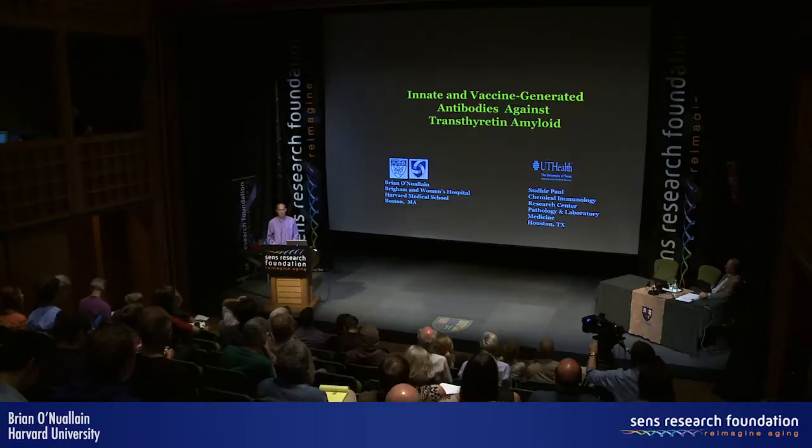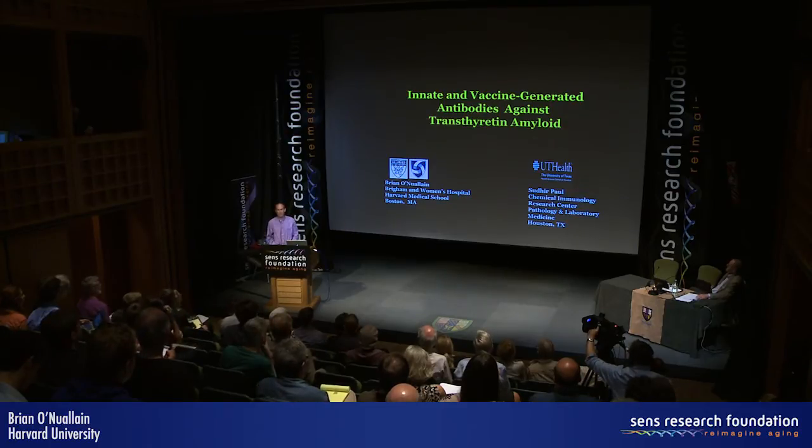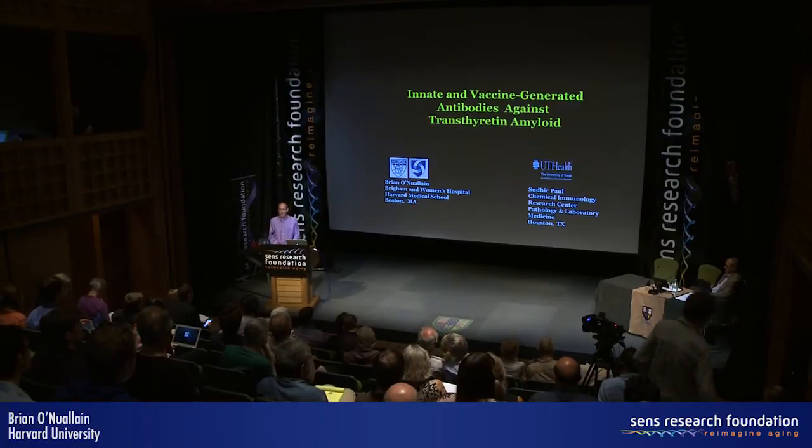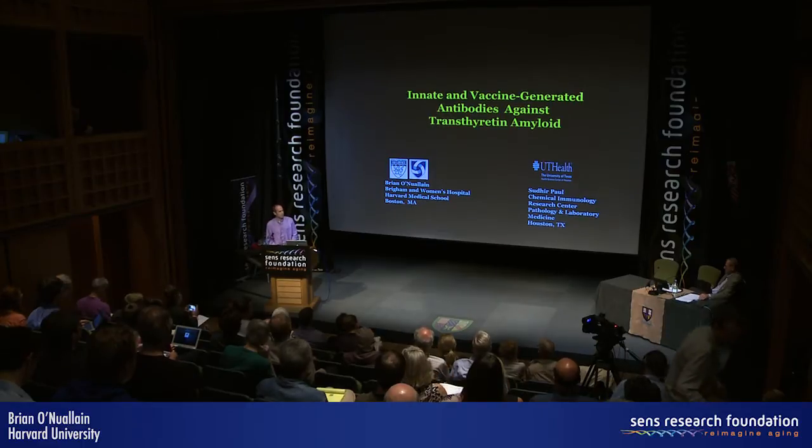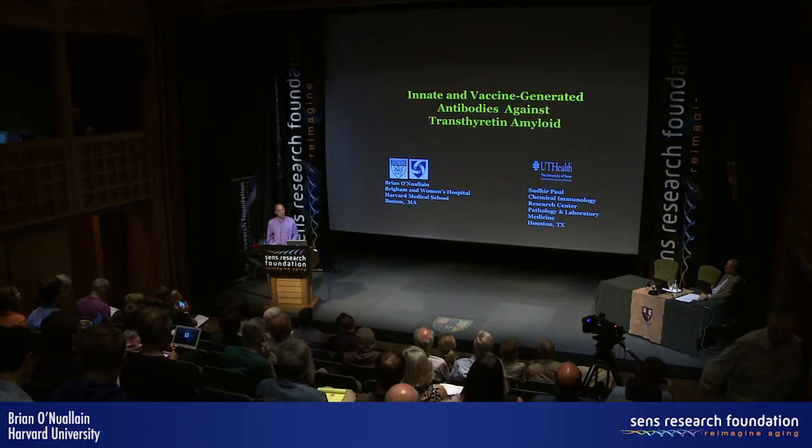I'm going to talk about our efforts to generate antibodies with diagnostic and therapeutic potential for patients that have transthyretin amyloid. It's a disease associated with aging, and it involves aggregation of the transthyretin protein onto the heart or nerves of patients. This project was initiated by Stan Primer at the Supercentenarian Research Foundation because recently it's been reported that 7 out of 11 supercentenarians had significant deposits of transthyretin in their heart, and this may have contributed to their